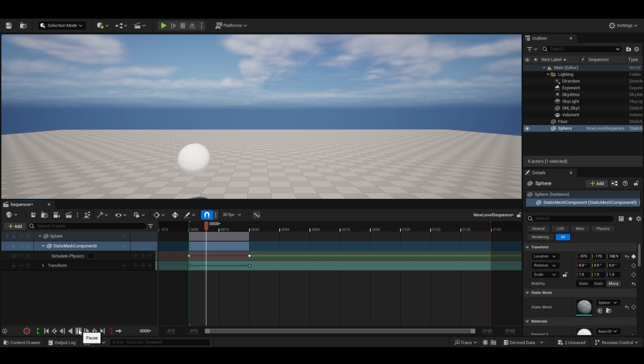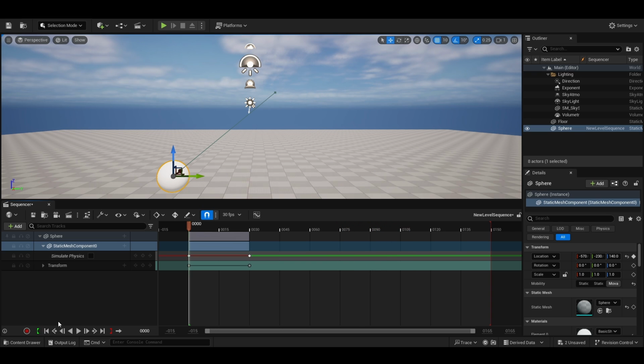Just joking. If you play now, you will most likely see that motion stops after the last transform keyframe and your expectations of simulations are shattered by reality. If you have watched my previous video on using physics simulations in Sequencer, then you would already know this, but